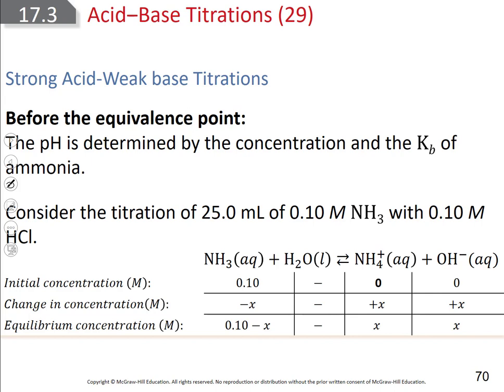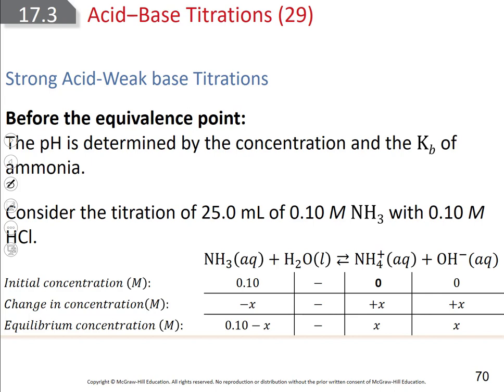Oh, they calculated the initial pH using an ice table. You completely ignored the HCl. I don't know why they started off by asking this question and then find the pH of before the titration